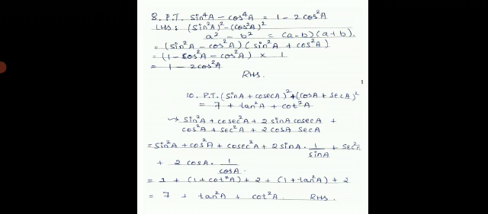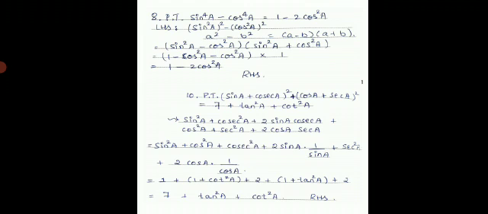So it looks like the identity a square minus b square, so it is equal to a minus b into a plus b. Now, using the identity again, here a is sin square a, b is cos square of a. So, substitute the values in the formula. We know that sin square of a plus cos square of a is equal to 1. And here the RHS answer must be in terms of cos square of a. So, convert sin square of a as 1 minus cos square of a.